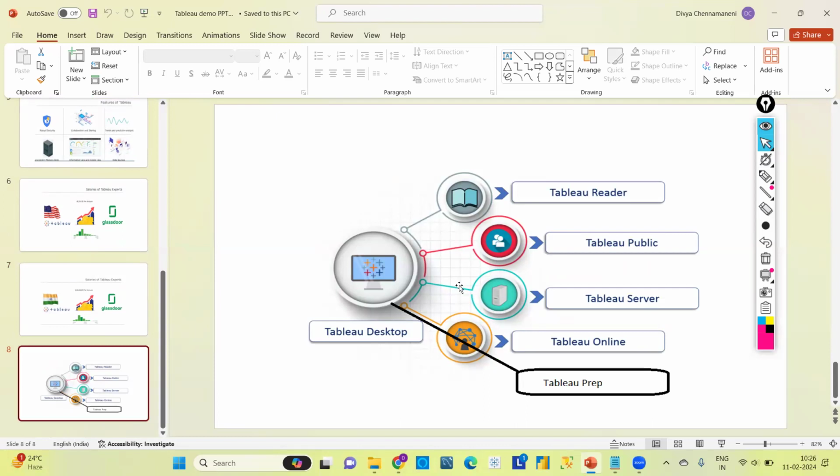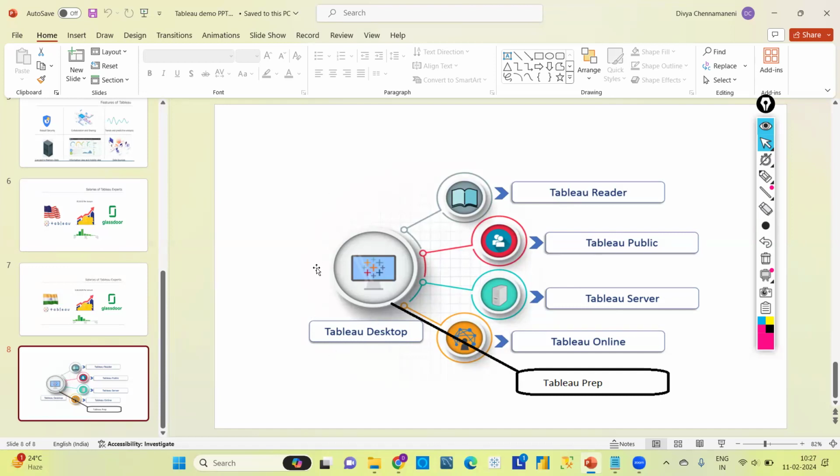Let's talk about Tableau products. There are six Tableau products, as you see in this picture: Tableau Desktop, Tableau Reader, Tableau Public, Tableau Server, Tableau Online, and Tableau Prep.